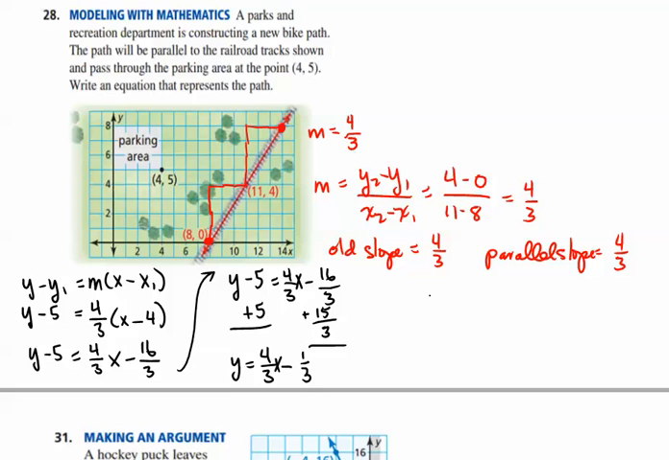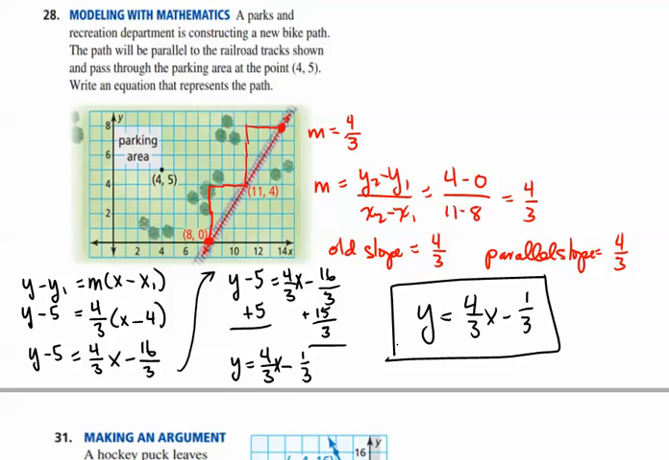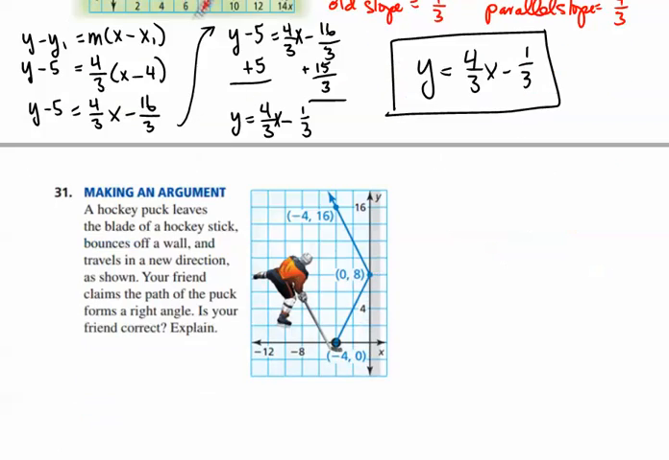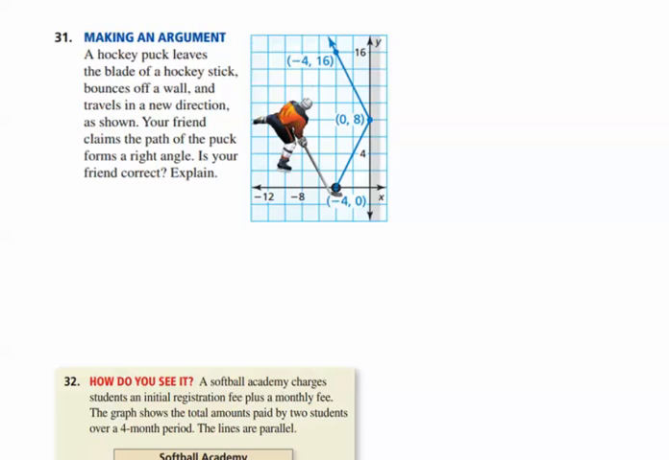Okay, and so y equals 4/3 x minus 1/3, and that is the equation of the bike route. Because it's 1/3, it would end up somewhere down here, and you can see that if we were to draw a line sort of like that, then it makes sense that those lines would be parallel there. Alright, we come down to the last problem. And that last problem, oh,